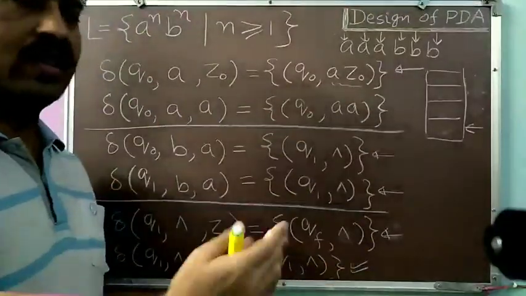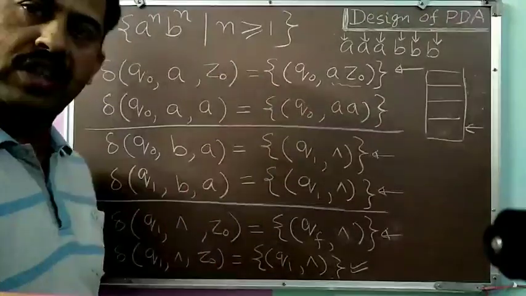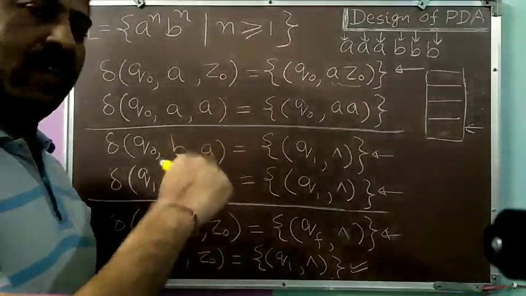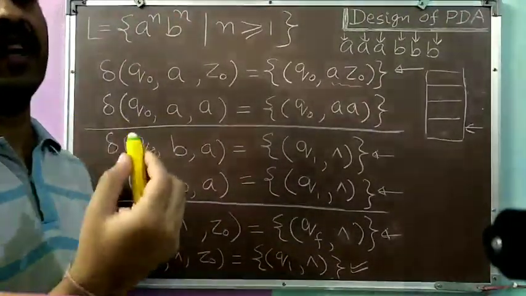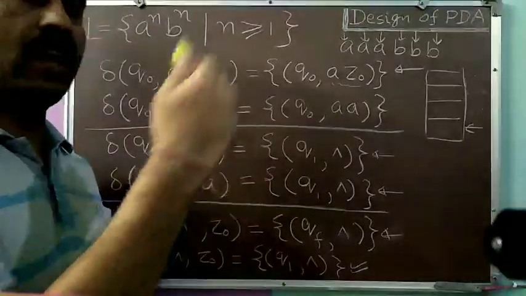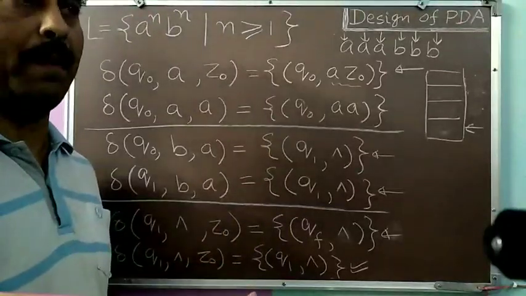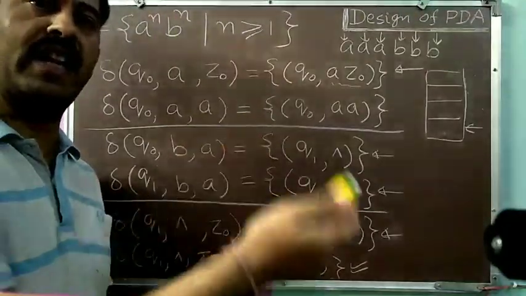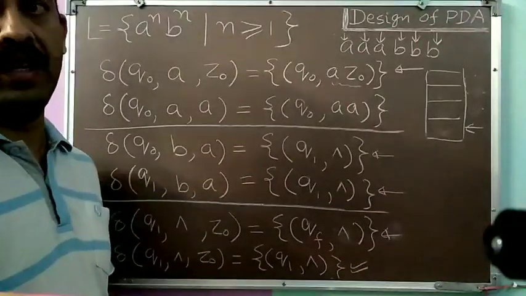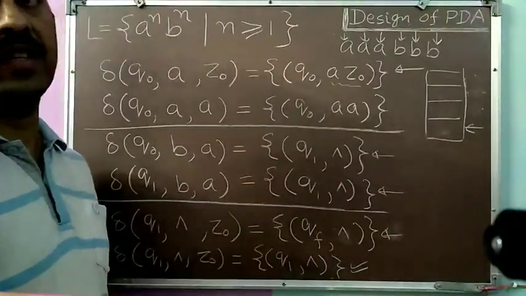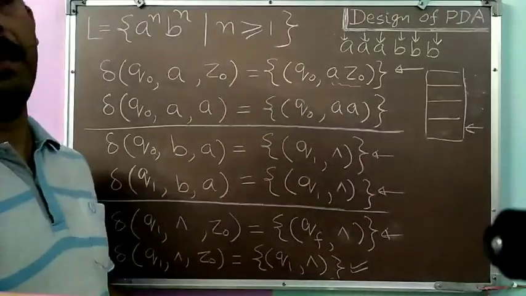So now I think you can understand that accepting a string by final state or by null store or by both doesn't have much difference. The whole strategy of designing the PDA will be the same, all transitions will be defined the same, but whenever we reach a situation where we have to signal the success, if we want to signal our success by final state, we have to move to a final state. If we have to signal our success by empty store, then we have to make our store empty. We have to remove all the symbols present over the store at that time one by one until the store is empty. So we can use any of these strategies. We can write our PDA as per any of these strategies in a very simple manner.